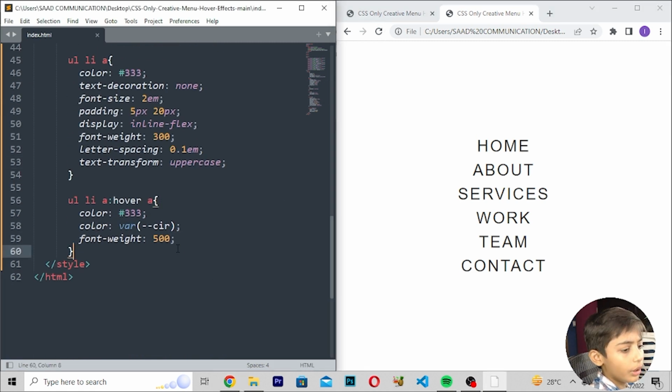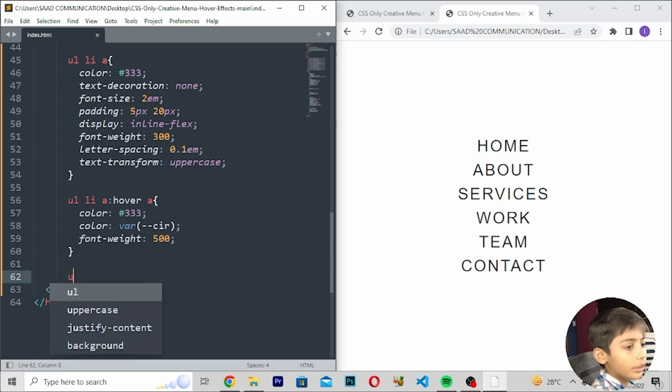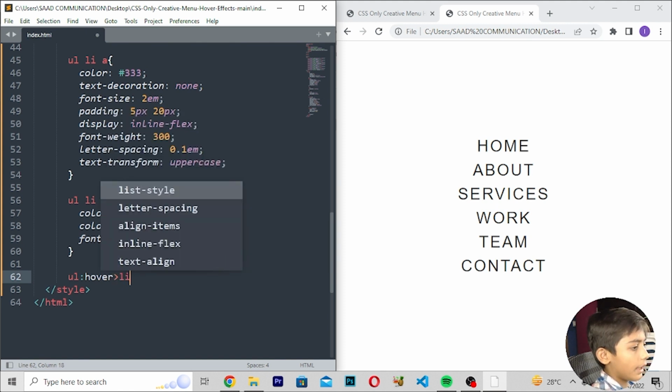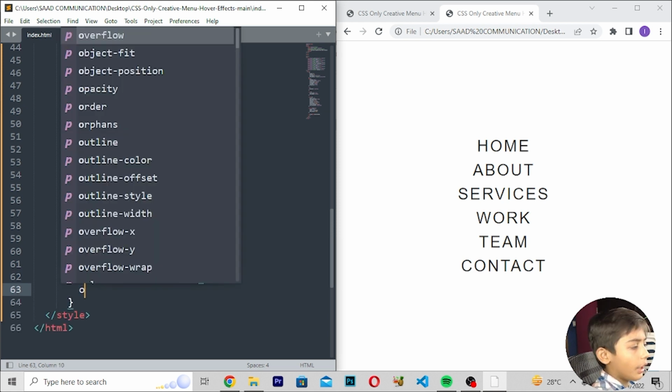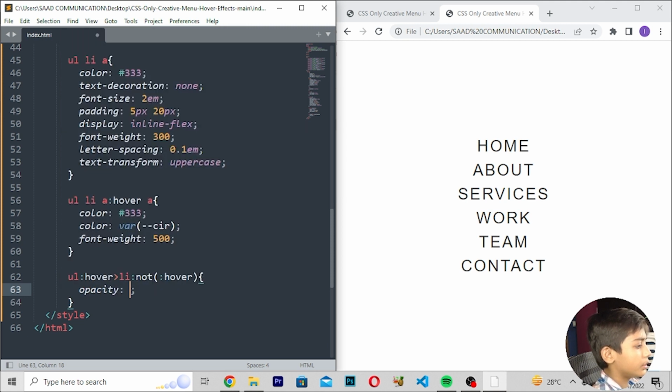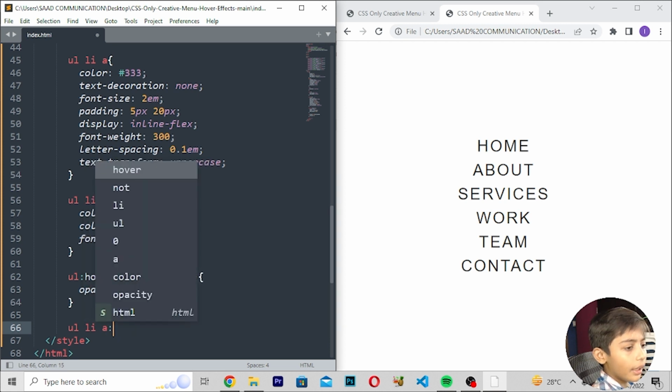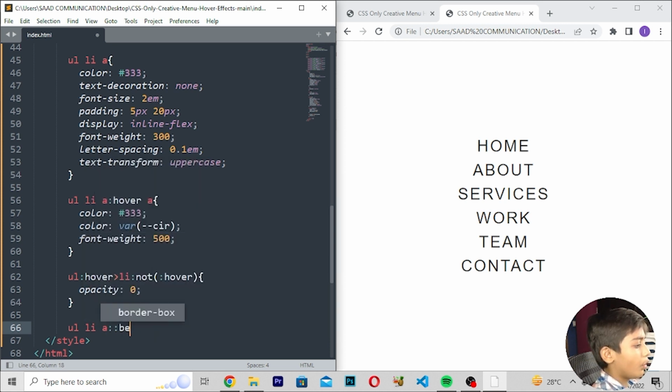So I will go down, enter, and now here you can write, easily, first of all, ul:hover li:not(:hover), here opacity should be 0. Okay, so enter. Here you can write ul li a::before,